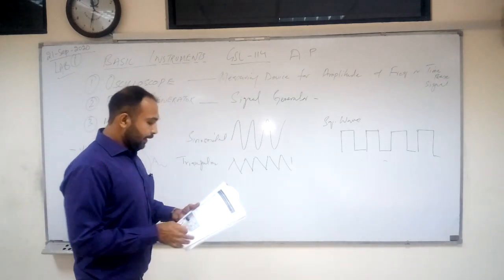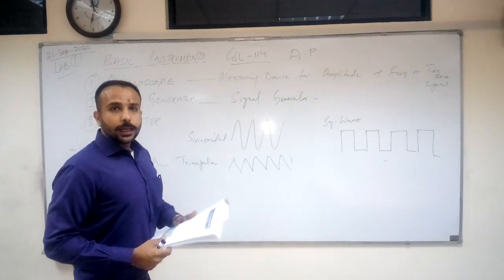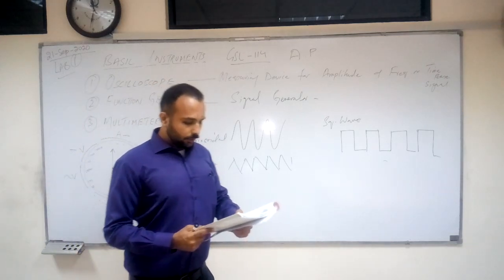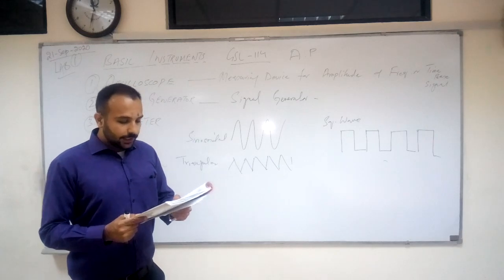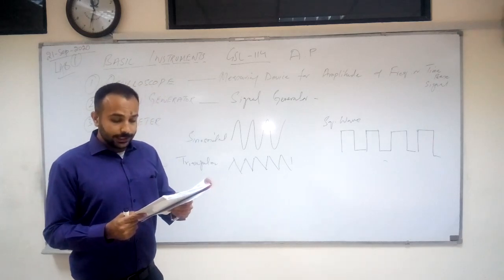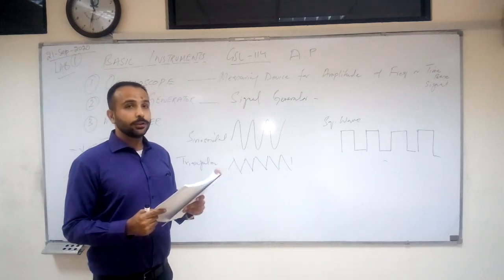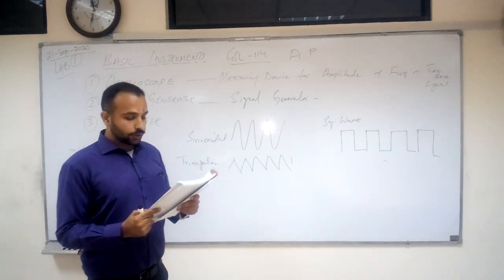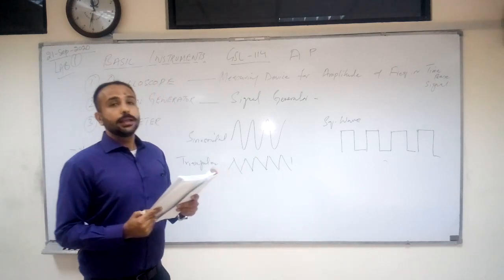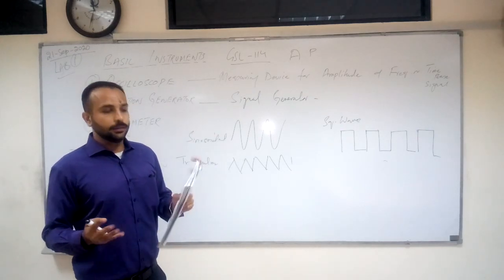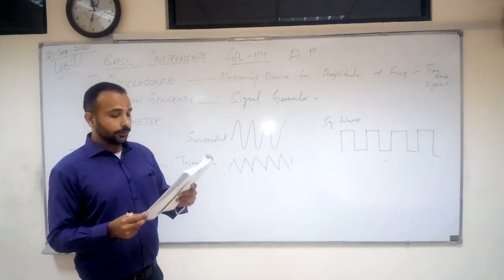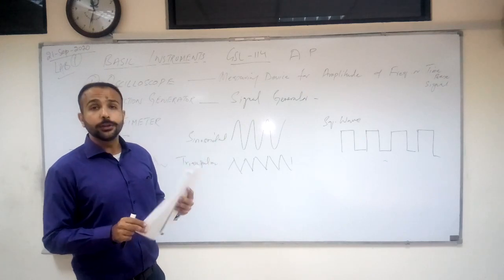I'm going to read the theory about the oscilloscope which is written in the lab manual. The oscilloscope is a device that measures voltage. In the usual case, it displays the voltage as a function of time. The heart of the oscilloscope is the cathode ray tube. The main function, or the main equipment, of the scope is the cathode ray tube.